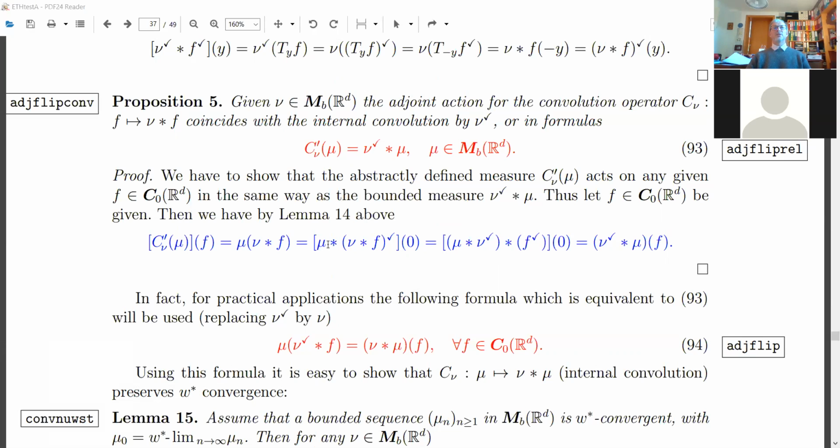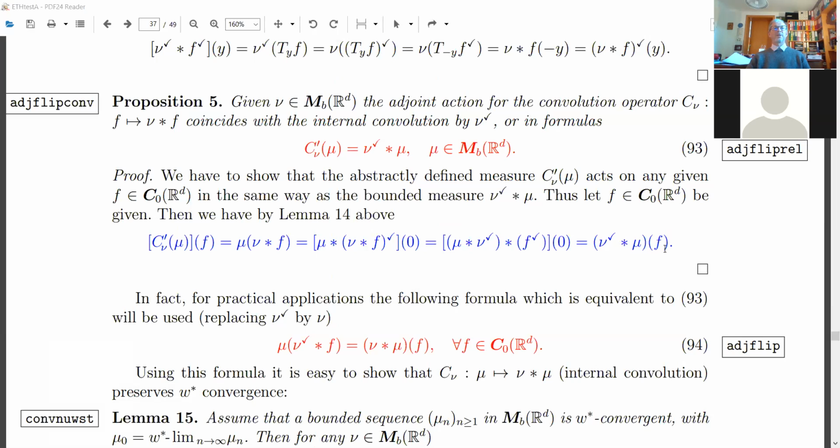But now I'm inserting this flip property, and I say, well, we have established meanwhile associativity in the most general way and the flip compatibility. So nu convolved with f is the same as nu flip with f flip, and we can put brackets in a different way. But we also have commutativity already. So instead of mu with nu flip, we can write nu flip with mu. And then we have a new action, which is directly related to mu and nu, only the flip has been